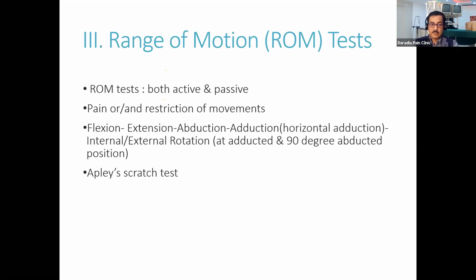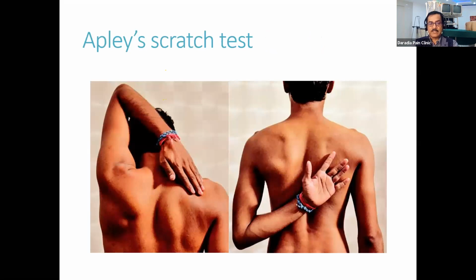And one very popular test is your Apley scratch test. This is one of the important tests for range of motion. It is like scratching our back, and that is a very important test. Earlier, the Apley scratch test was considered very important for the frozen shoulder. But nowadays, it is known that the full range of motion is not the key for the frozen shoulder. For the frozen shoulder, very important, as we already told, is the thickening of the coracohumeral ligament,